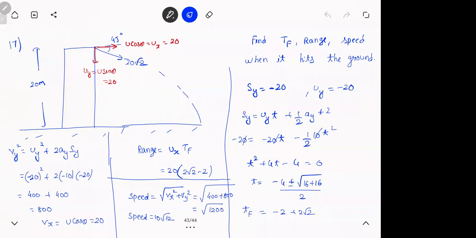On the right hand side you have time of flight, on the left hand side you're finding the speed. Whenever you want to find the speed, you have to find the vertical component separately, the horizontal component separately, and square them and add them. That is the speed. Go through the steps. Slowly see each and every step, see what went wrong. Ask me what you're not getting.